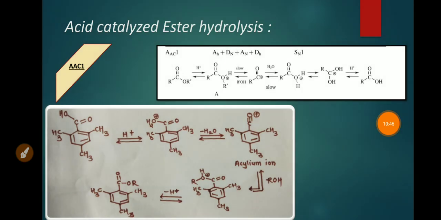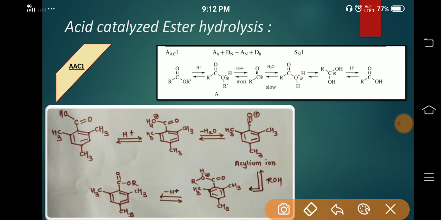this mechanism occurs only in rare cases where the R group is bulky and the bimolecular step is sterically hindered. This reaction can be carried out by dissolving this mesitoic acid into concentrated sulfuric acid and subsequent reaction with water molecule. The mechanism operates via heterolytic fission, okay, which leads to the generation of this acylium ion. Okay, as we have discussed this mechanism